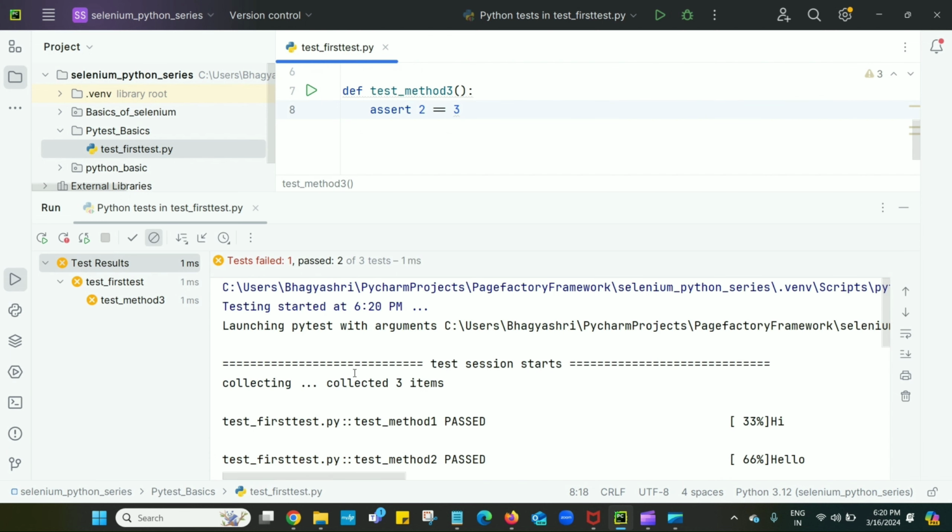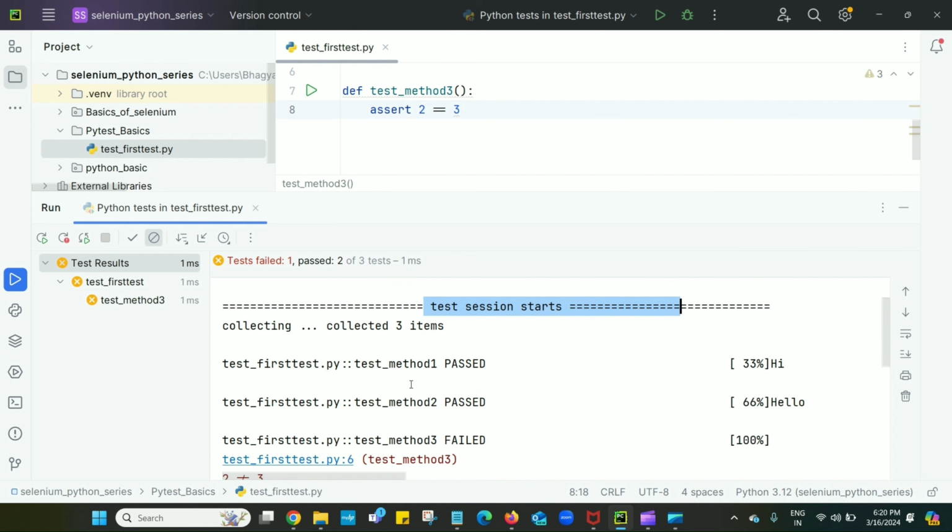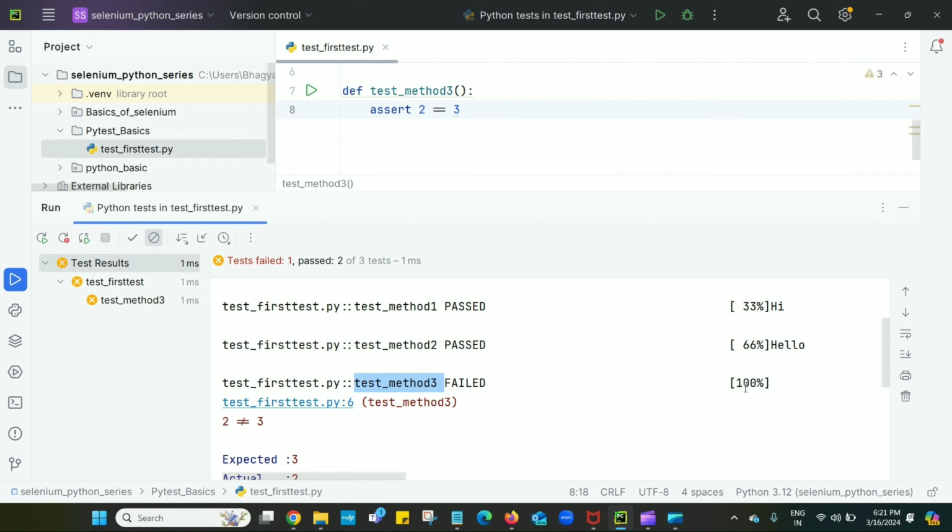Execute this. Now see here, 1 test failed, 2 passed, of 3 tests, meaning out of 3 test cases 1 failed and 2 passed. And in the console here, test session starts, collecting 3 items. Test method1 is passed, test method2 is also passed, but test method3 is failed.